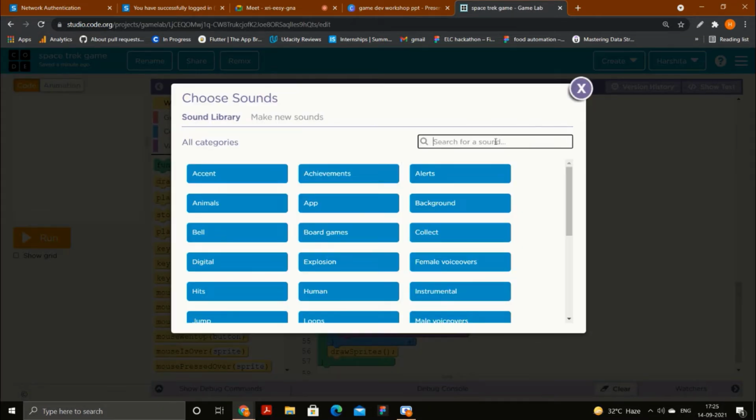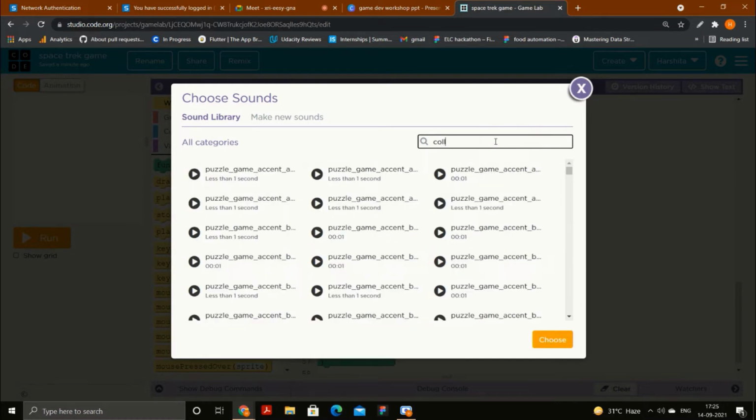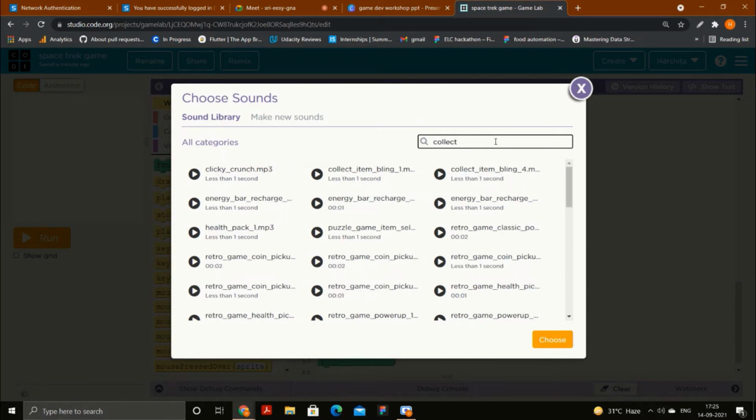It will lead you to the sound library. Then you can search any sound. Let's say collect. If I put collect here, it will give you a lot of options. You can click on this button and hear the sound, and if you find it suitable, then you can add it. So I will just add this one.